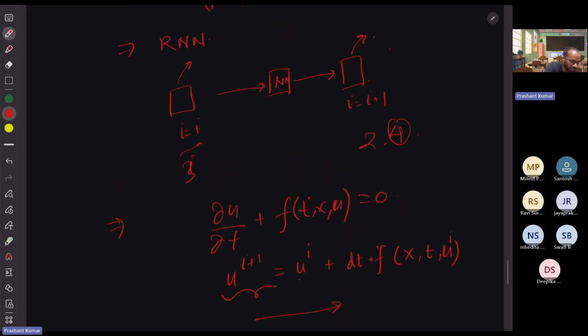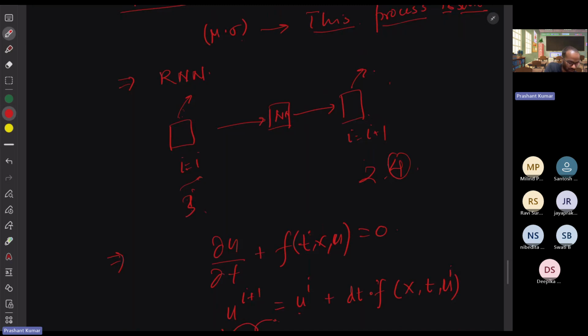Similarly, this recurrent neural network solves the time dependent problem, and it always goes in the forward direction. So my second output is dependent on my first input. My fourth output is dependent on my third input. My third output is dependent on my second input. So there is a linear dependency. You cannot say, okay, I will give my 5 inputs and I will predict the 5 outputs. But